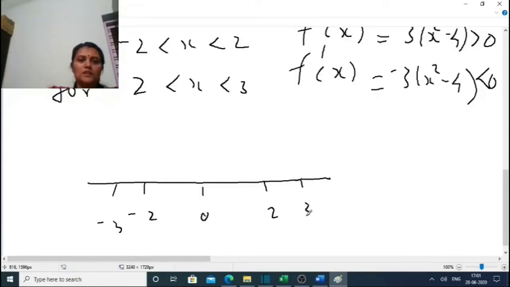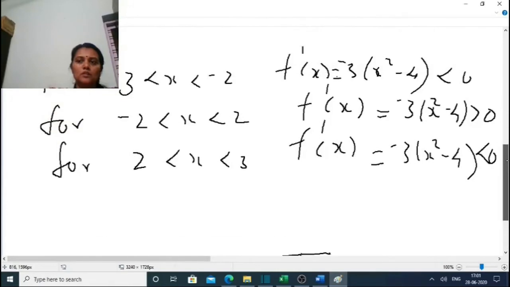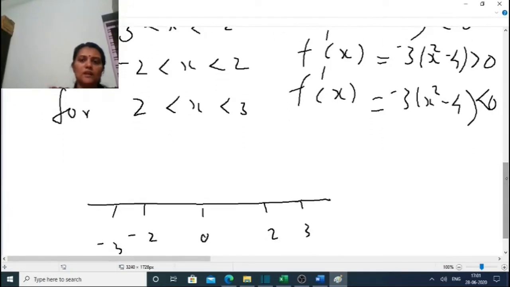So from minus 3 to minus 2, f dash x is less than 0. So this will be less than 0. f dash x is minus 2 to 2. Then this interval, this is greater than 0. And to this value, this will be